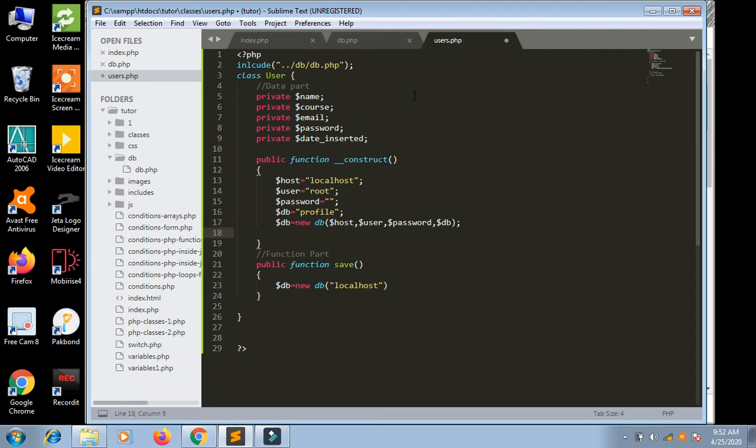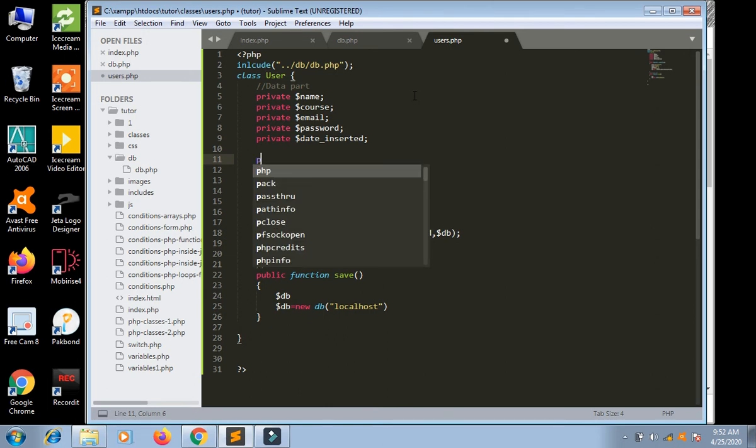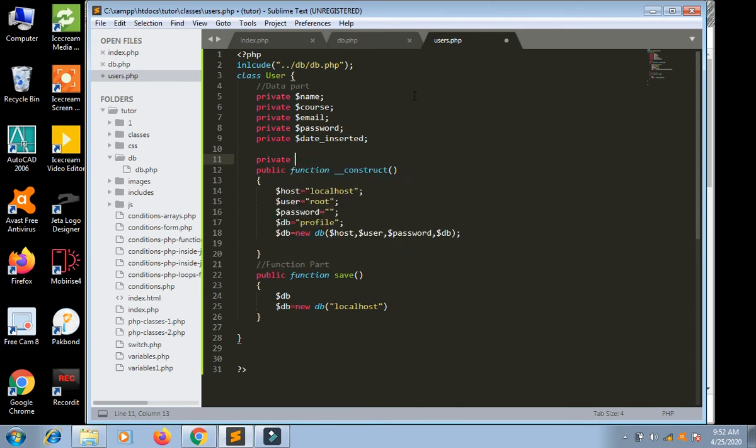We have db now. We can connect with db. For the connection we will connect here. We should have a private $db. This is a class variable or data variable, right?